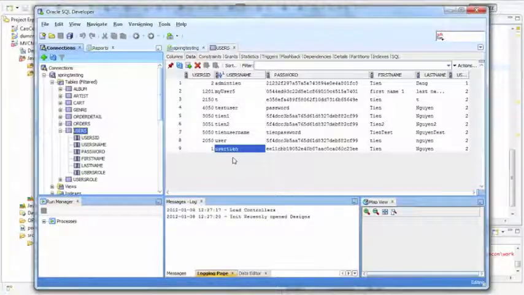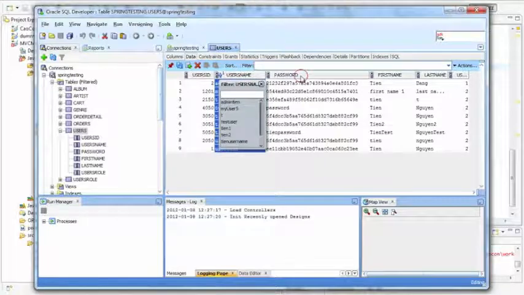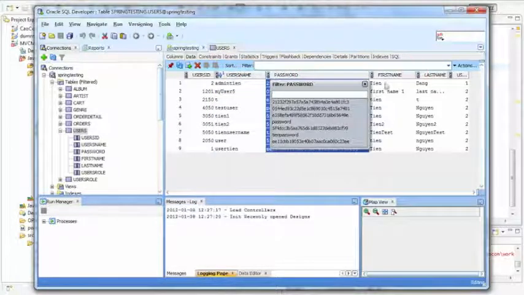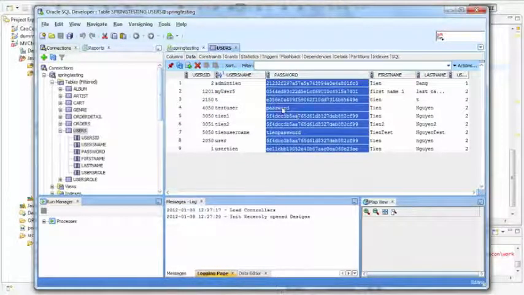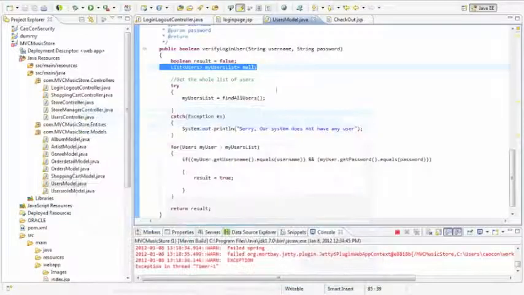Alright, put out all the information and we compare username and password. No, I mean username and password. Alright, we have to compare. Okay, so